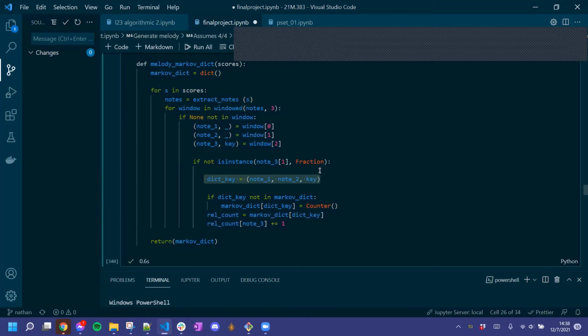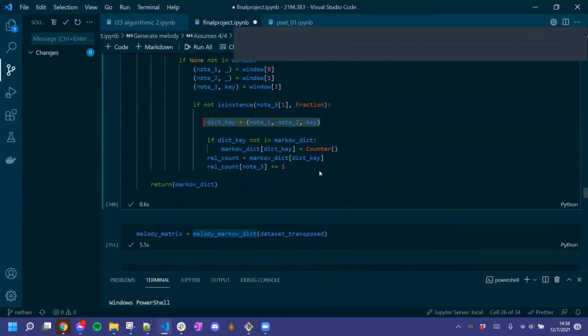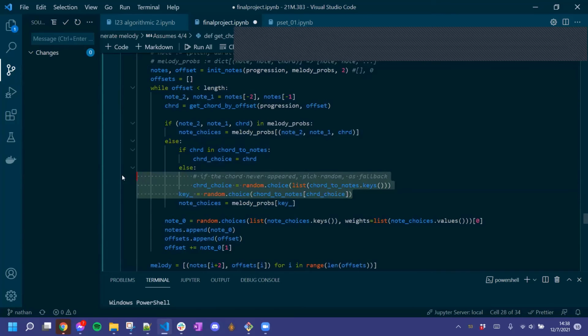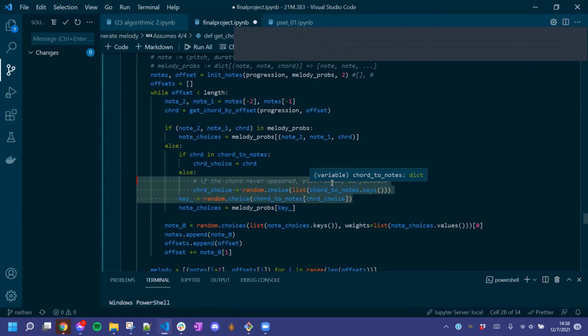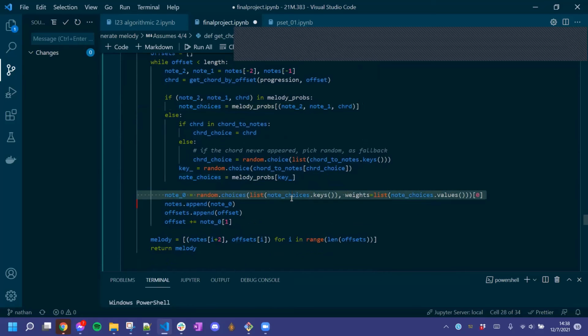This does introduce a couple of problems. Namely, what if the triple that is generated at a time just doesn't exist in the dictionary? Then we do have to have some fallbacks. We look at all the potential notes that could be played with that chord being active and keep sampling from there in case it doesn't appear. But usually it does. We can usually find the corresponding entry from the transition dictionary